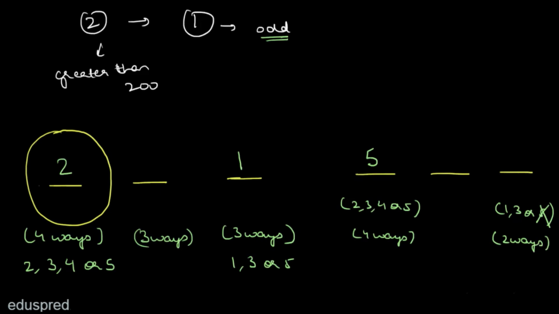And here is the conflicting answer. When we filled the first slot with the number 2, we got that we can fill this third slot in 3 ways. And now when we have filled the first slot with the number 5, we are getting that the third slot can be filled in 2 ways. Well, this is a conflicting answer. So that means even if we start with the possibility number 2, we are not going to get the right answer. So what do we do now?